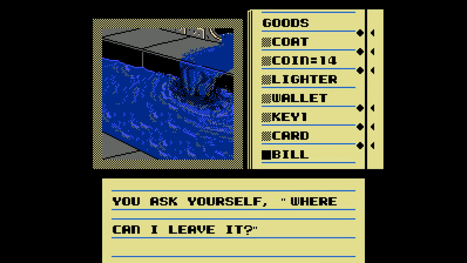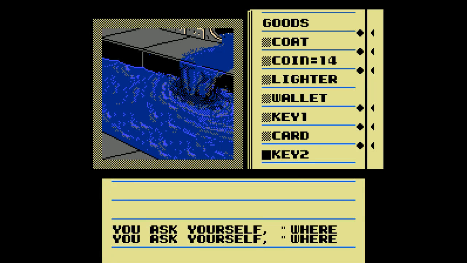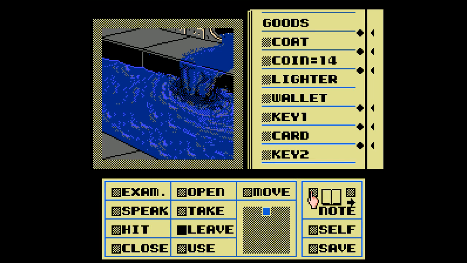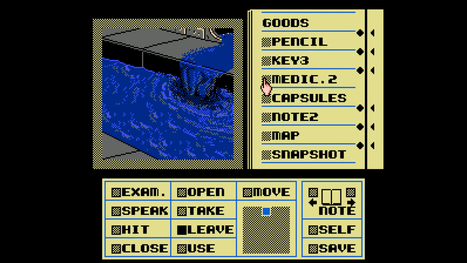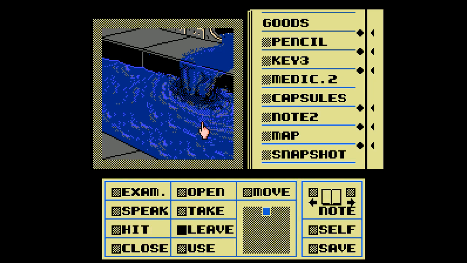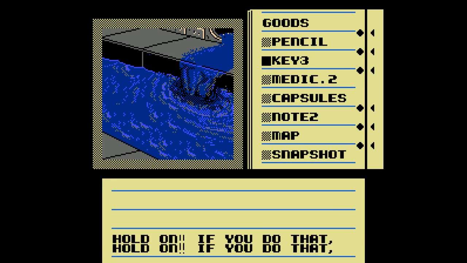If I recall correctly from Uninvited and Shadowgate, there was always a place you could dump items, so I think it works in the same way. And I assume it only lets you do it after... See, it knew the pencil was important. I guess in some ways, if you can